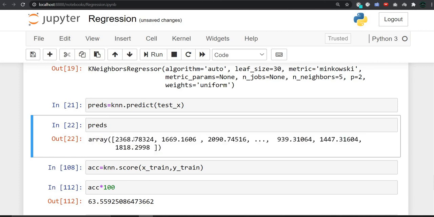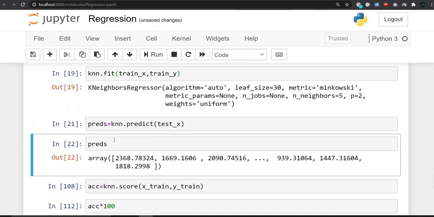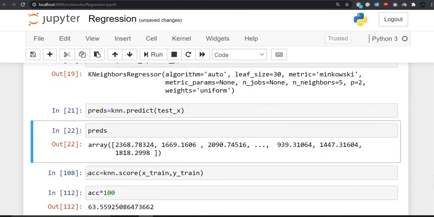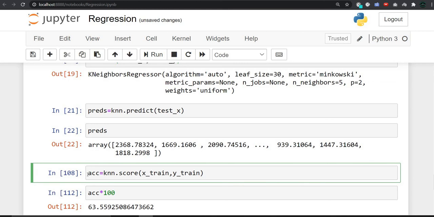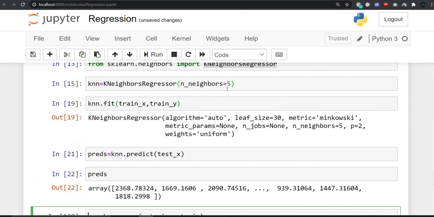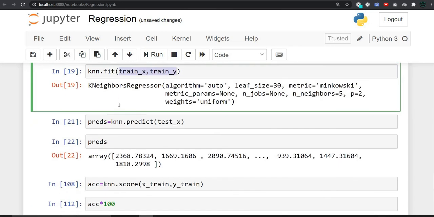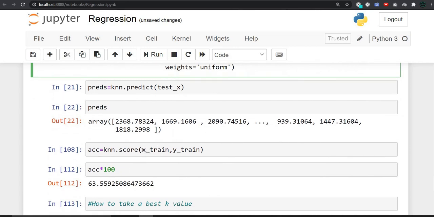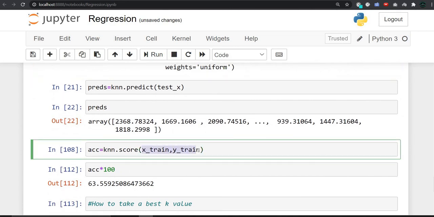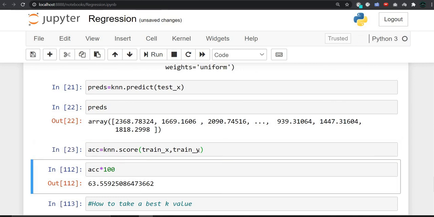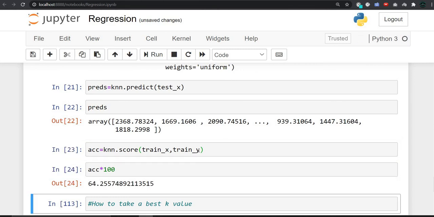These will be the predictions for any data set that we give, and after that we need the accuracy, that is, how accurate our model is, whether this model has good accuracy or not. So let's do so. I will copy this. Since we are using X_train and y_train, but here by mistake I have given train X and train Y, we will have to replace that. Now execute this and check the accuracy. You can see that our model is giving an accuracy of 65%, which is not bad, but it can be improved. So how can we improve it?